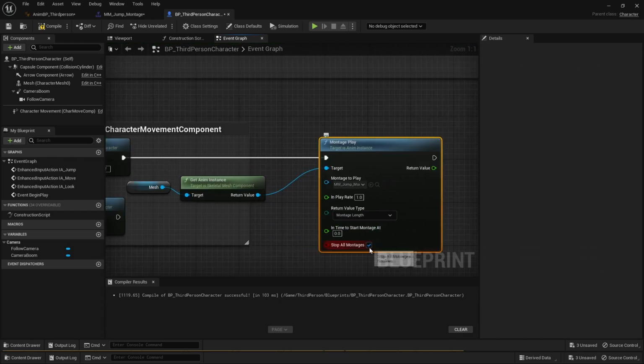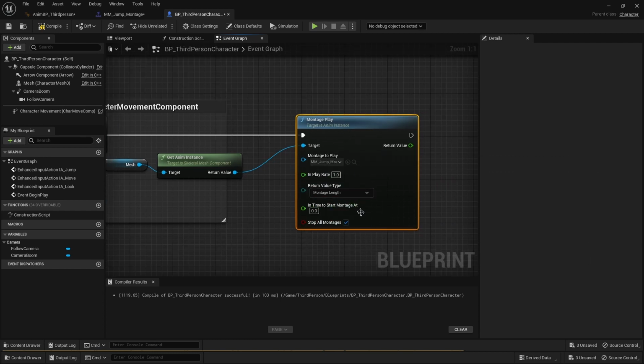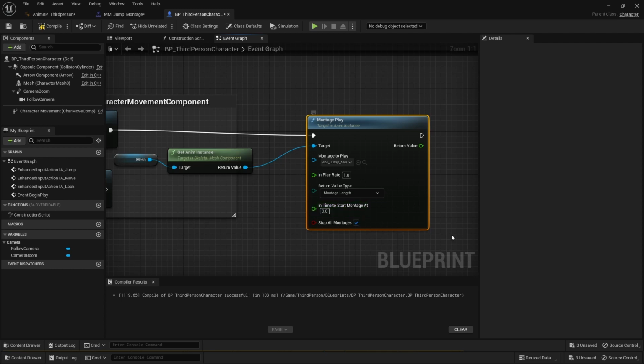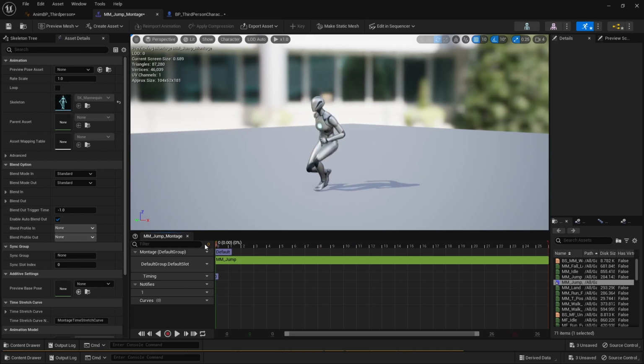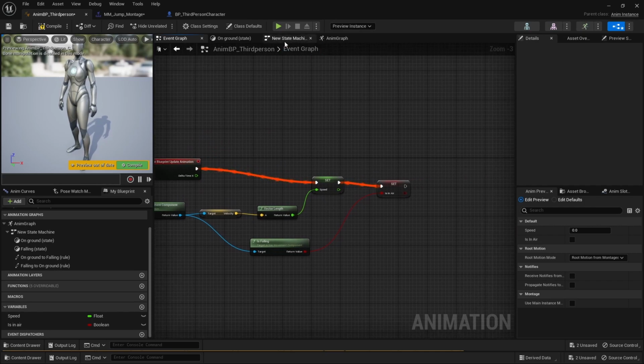Stop all montages will, if you have other montages playing when this is called, stop those and then play this instead. But if this is off and you have some other one on, then it's not going to play this. And then you can start at a certain point during the montage that is referring to this. So 0 would be right here. If I were to select like 0.3, it would be right here. I believe aside from that, the only thing we need to do